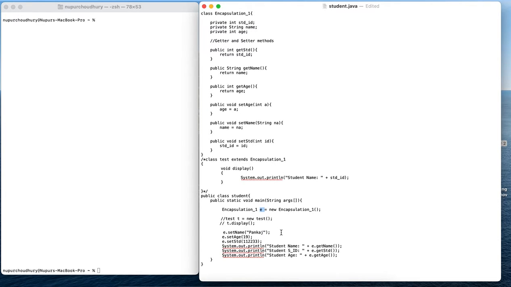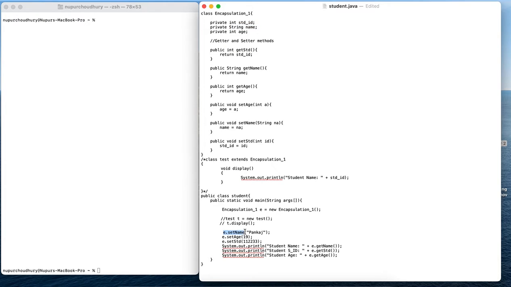E is the object we have created, and we will use this object to call the setter method, which will manipulate the already existing name variable that was declared as private in the class Encapsulation_1.